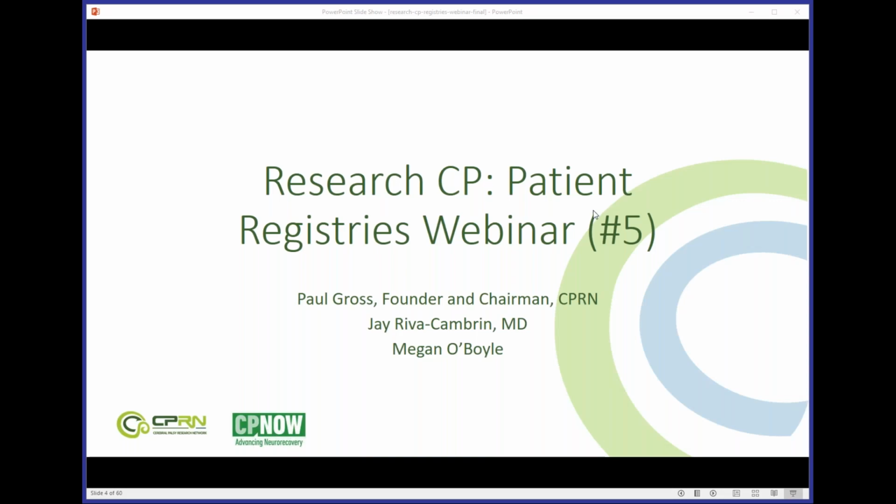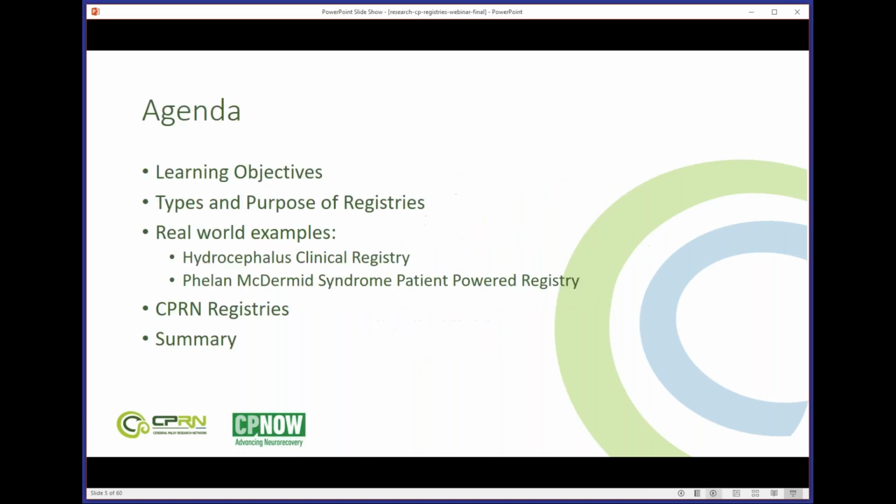And we've got two great speakers. I've got a little bit of introductory comments about patient registries. So the agenda that we're going to go through is we're going to talk about the learning objectives for tonight, the types and purposes of registries, and then our speakers are giving you very real-world examples from other conditions. And then we'll talk about the state of CPRN registries, and so what you can expect that we can do